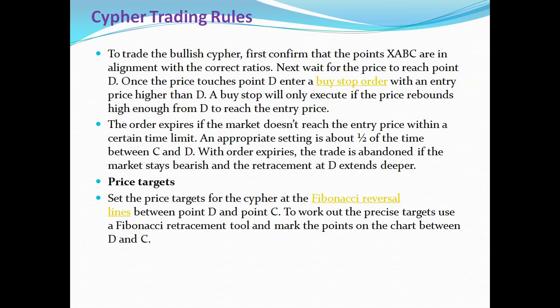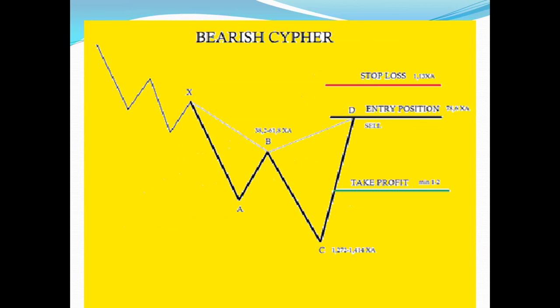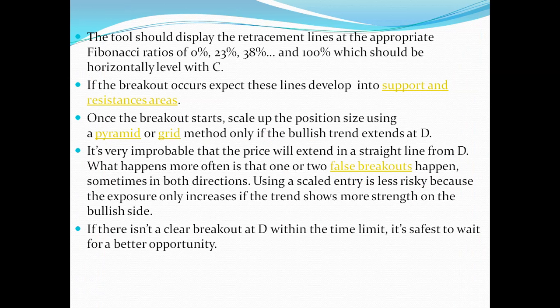Price target. Set the price target for the cipher at the Fibonacci reversal line between point D and C. To work out a precise target, use the Fibonacci retracement tool and mark the points on the chart between D and C. You can use the Fibonacci and you can take profit. The tool should display the retracement lines at the appropriate Fibonacci levels: 0, 23, 38 and 100%. We have already covered Fibonacci retracement. You can refer to my video, which should be